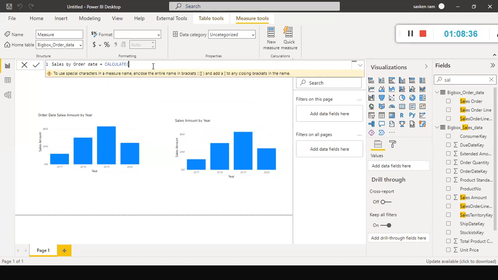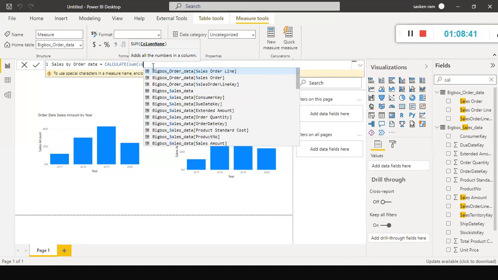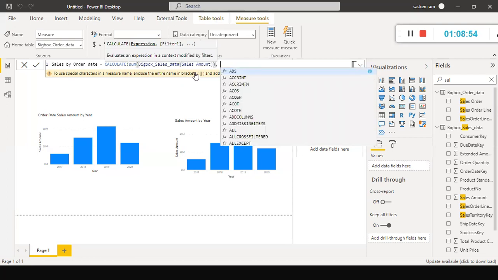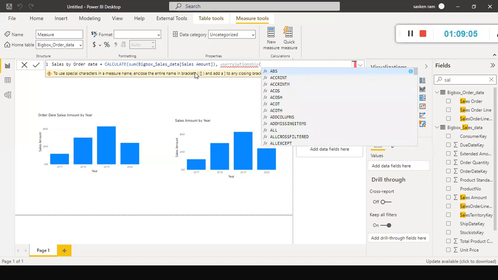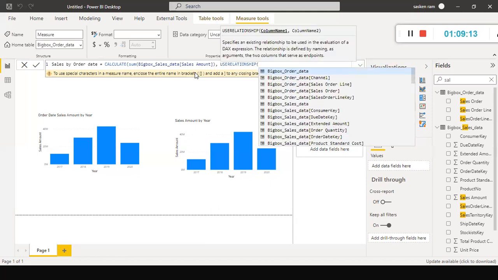Let's say I'm going to use the CALCULATE function, and I'm going to sum the sales amount. I'll show you that one also, the role playing dimension. It's already 5:35. I have a meeting now. And USERELATIONSHIP. I thought with this link itself, can't we do that? You are asking from that context. USERELATIONSHIP, and here.